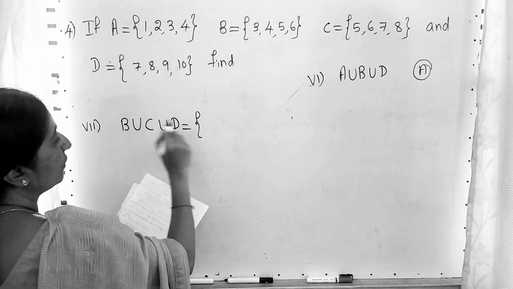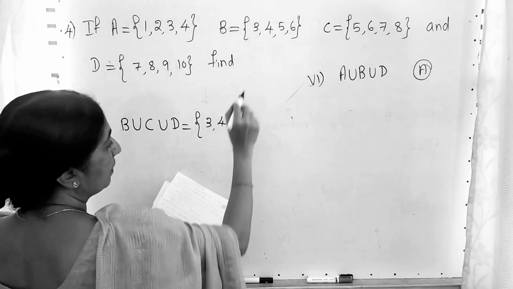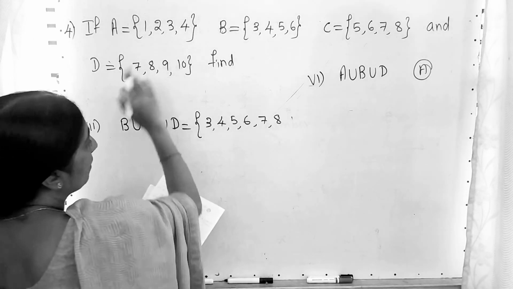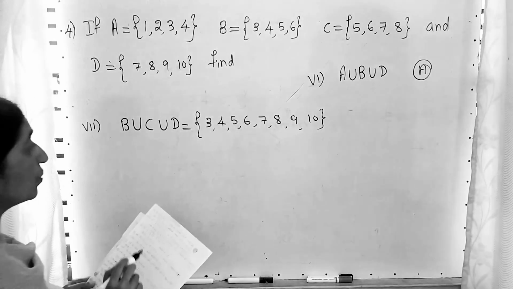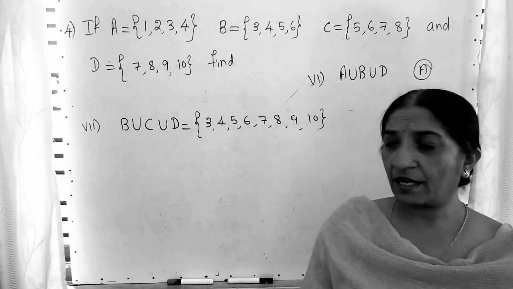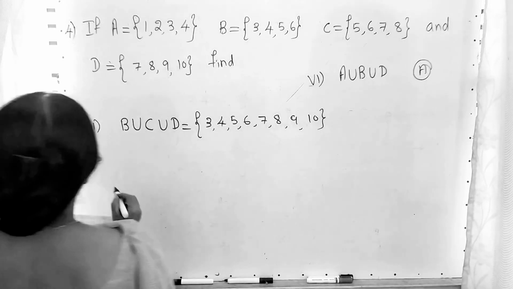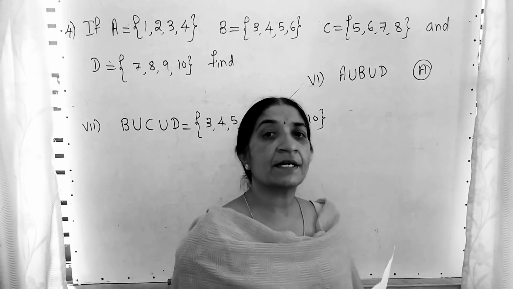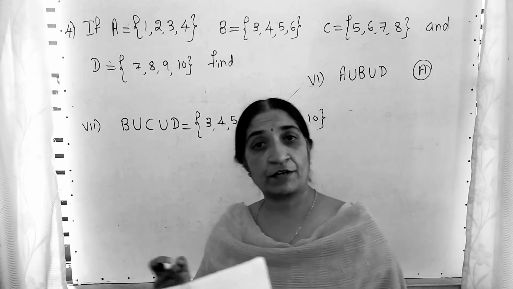So as I told you, first I write set B. Then 5 and 6 are repeated in C, don't write that. 7, 8. 7, 8 repeated. 9, 10. This is B union C union D. So these are the assignments. One I solved and the one I gave you as the assignment. Because they are very simple, and already in 1.4 we completed the main question fifth one. First and fifth already we completed.